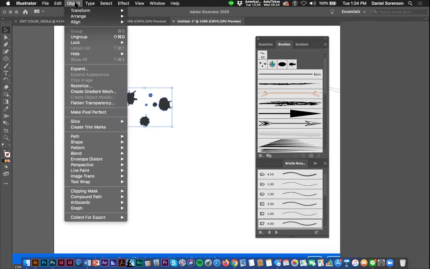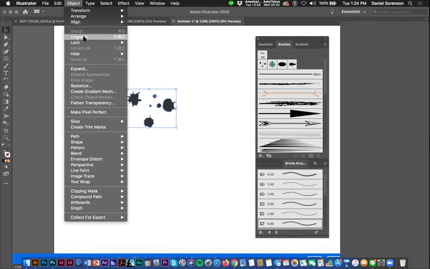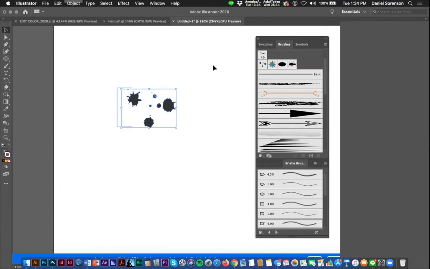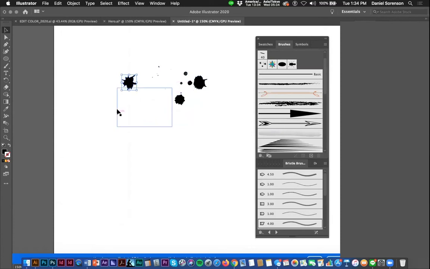I can go up to expand under the object panel. And then I'll ungroup it. Usually you have to ungroup it a couple of times. Command-Shift-G ungroups it. Still not ungrouping. Maybe it didn't expand. Let me expand it. There, now they're separate. So you expand it or expand appearance, and then you can modify these things, edit them